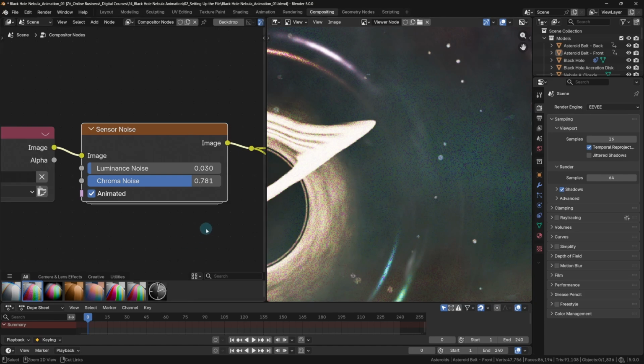So let's undo that. And then finally, the animated checkbox down here causes the noise pattern to randomize each frame rather than remaining motionless the entire animation. This animated noise is particularly important for us as we're creating a video. So each frame of our animation, Blender is going to randomize this noise. It won't make it any darker or lighter or more colorful. It's just going to change the position of these dots and make it feel more realistic to how noise is